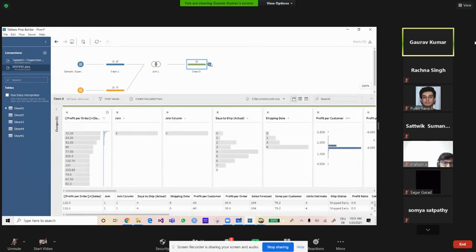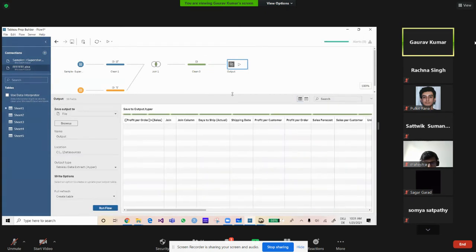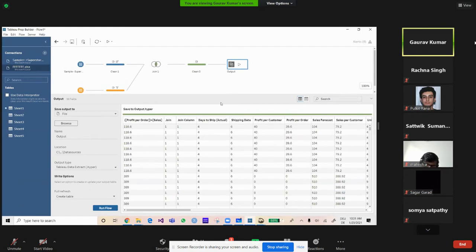So this is the thing, and after your whole data cleaning is done, you have to output the data. After data cleaning, you want this data to be in your local machine or on your server. So just click Output. Now it will give an overview of how your data will look, saved to output hyper.